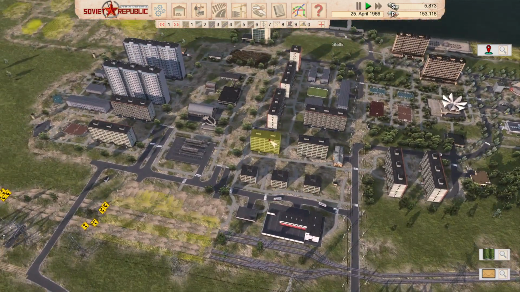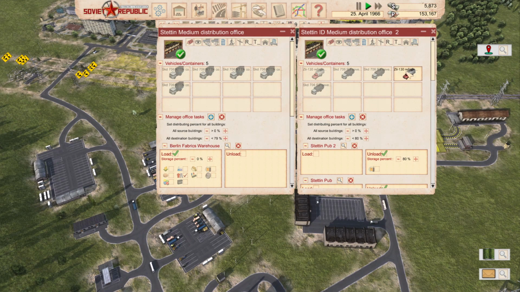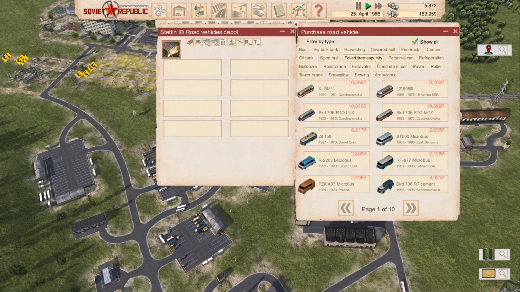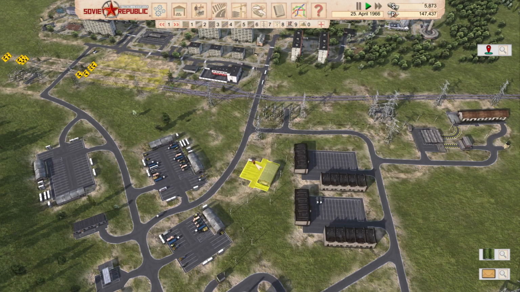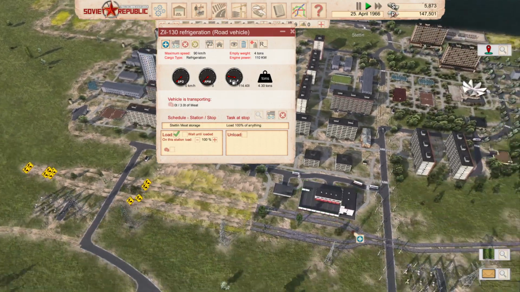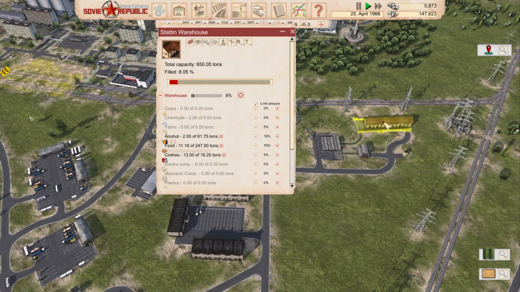It's a little bit of a weird job to have, but we're also gonna buy a new fridge truck and do the same for the meat. Where is the refrigerated? There it is. Of course, we're gonna spray this one red. 6 grand, but now we're gonna start saving. I promise. Okay, so we're gonna load here and unload there and go, and that should bring all the things